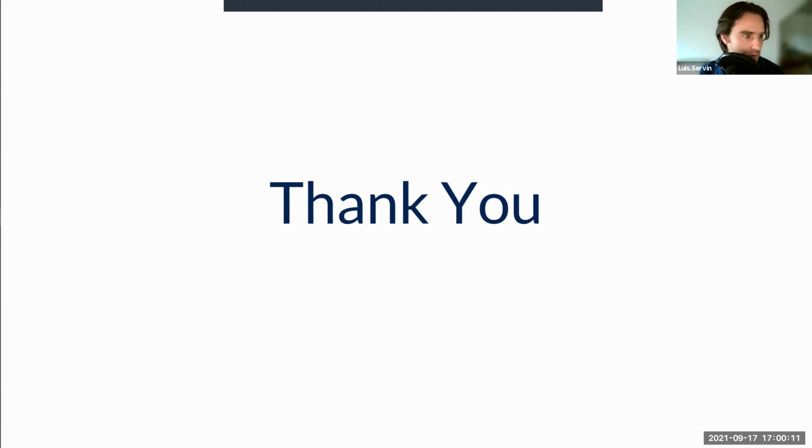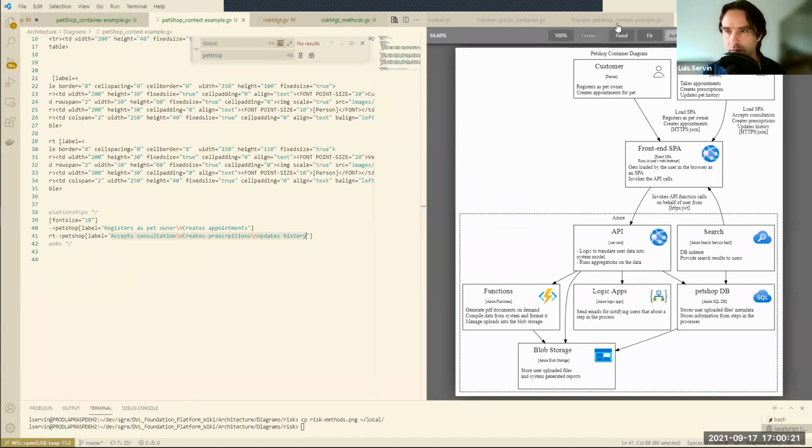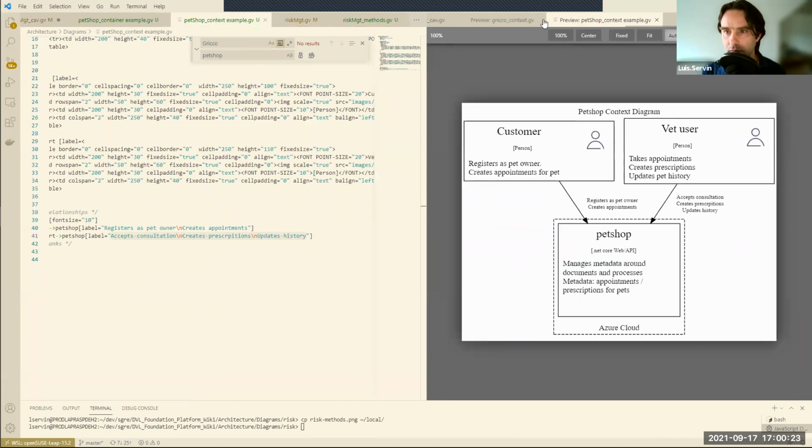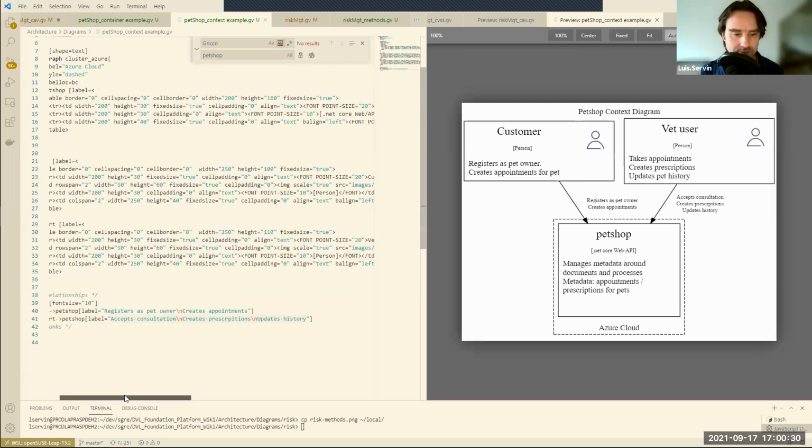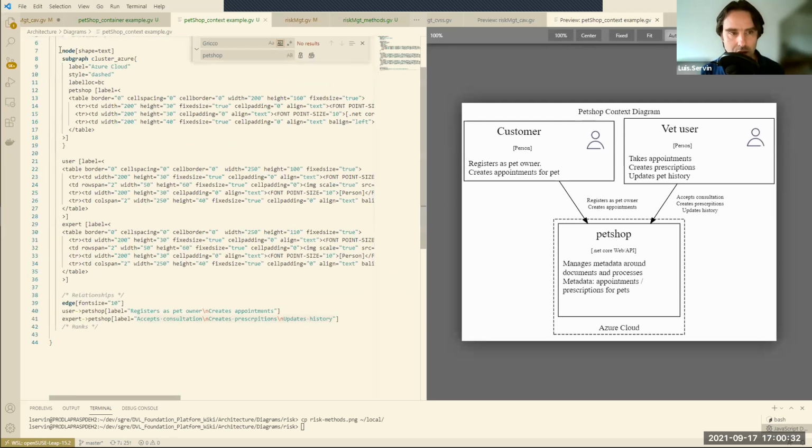So just to show you an example of a diagram as code. This diagram was created in 40 lines of code, and most of it is HTML for the diagrams. HTML that can be,